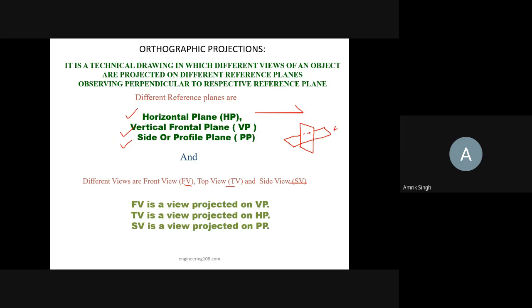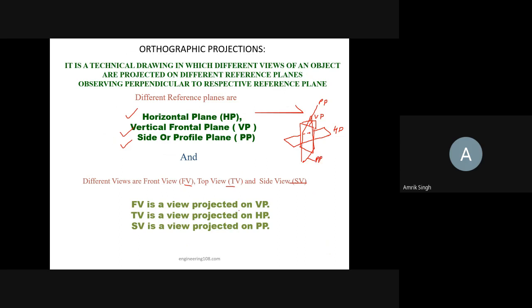So this is the HP or the horizontal plane. This is the VP or the vertical plane, and the side or the profile plane, if a plane is here, so this becomes the PP. It can be perpendicular, it can be at an angle also. We can draw it like this also. Okay, so this becomes the PP.